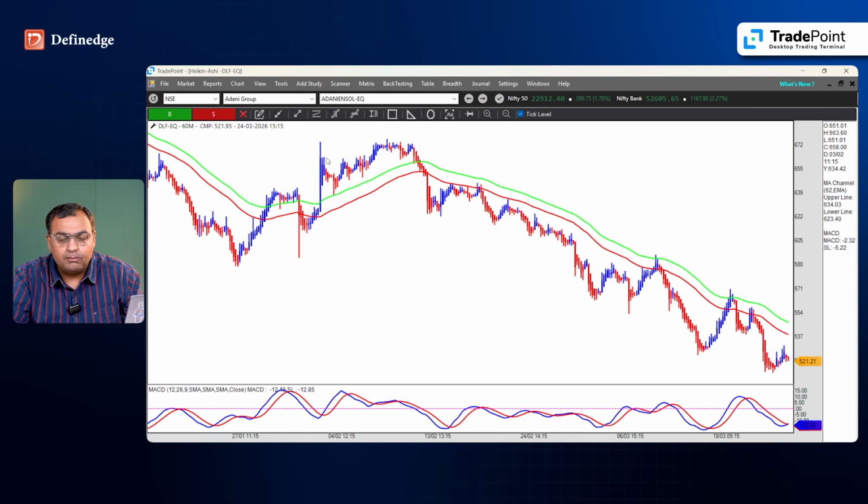When prices are above the moving average, it means the trend is stronger. When it is below the moving average, it means the trend is weaker. So I will look for only short positions using the moving average and MACD. I will only look for longs above the average when using the MACD. So this is the strategy you can look at,